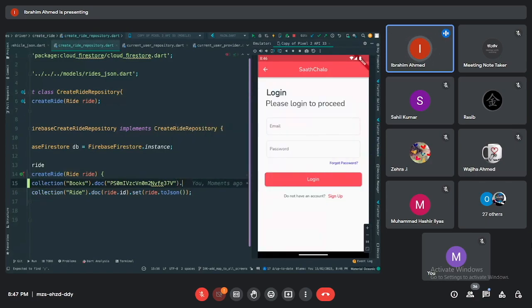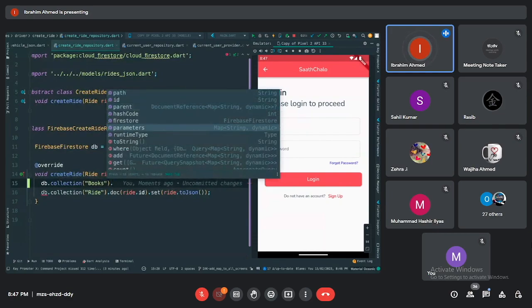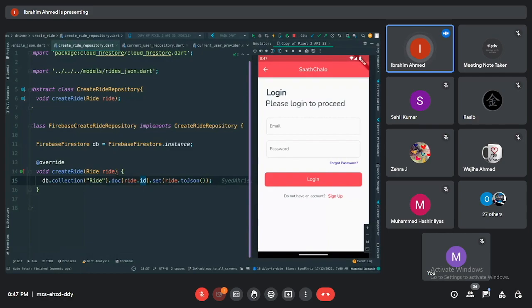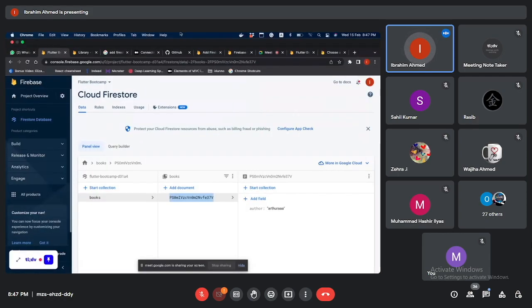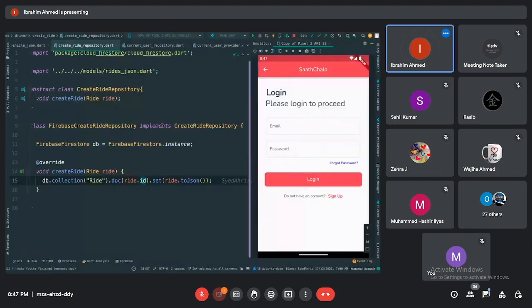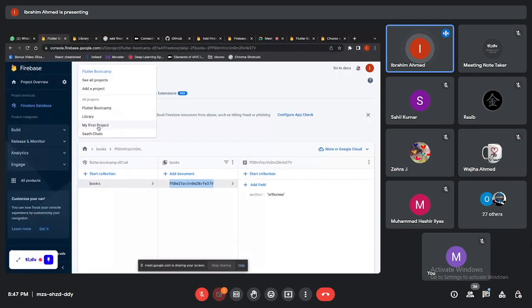ठीक है, दूसरी बात, अगर आपको कोई चीज़ ऐड करनी होगी तो you can just directly do add over here. ठीक है, and then you can add whatever data you want and just going to add it to the document directly. ठीक है, now this is just a basic outlook of what you can do with Firestore. And it's a lot. That's why I didn't want you guys coding a lot in the first session, just to show you guys exactly what you can do. And what you can do is let me show you an existing database that I have made, just so you guys can see